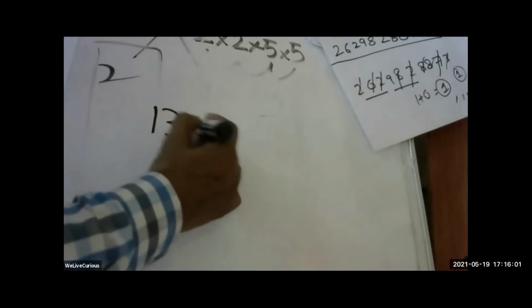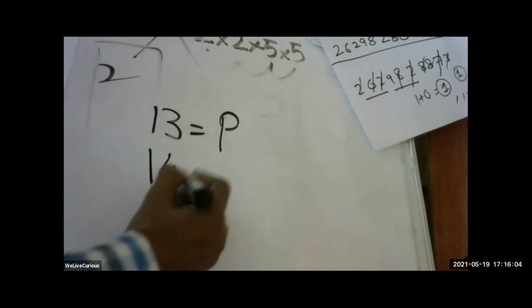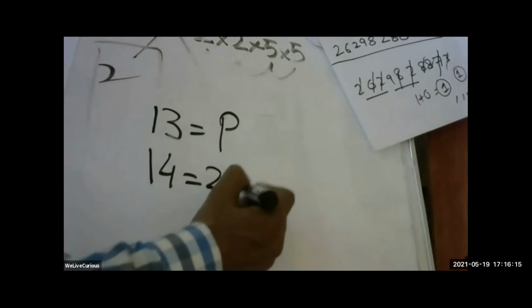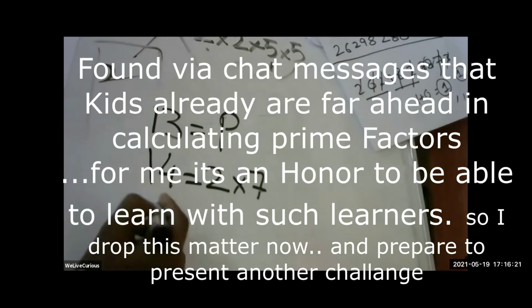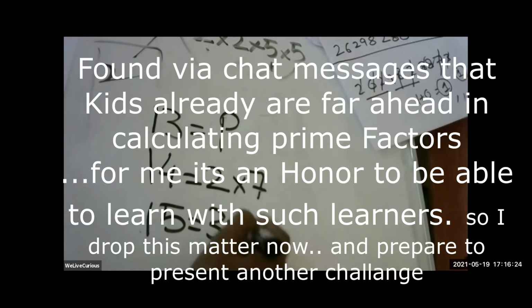Now 13. Is 13 a prime? Yes, on their screens it is coming all right. You check the camera of your phone. 13 is a prime itself, but 14, is it a prime? So 15 is 3 multiply 5. Very good. Everybody is writing that. Good. 14 is 2 multiply 7. So this way you can write all the numbers in terms of their prime factors.